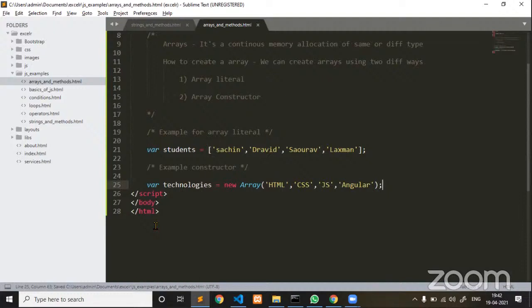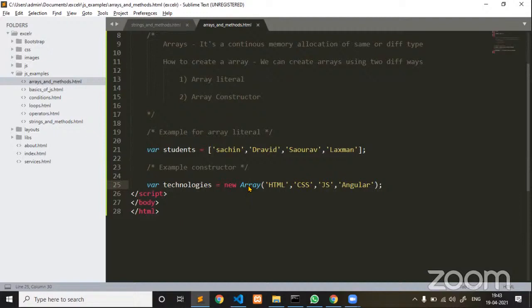We can create an array in either of these two ways, but the recommended way is literal. See, array literal, string literal, all these are very simple ways to declare. And generally, if you are using the constructor way of creating an array, it will take a lot of time to process behind the scenes. And if you are a good programmer, you should not keep writing code which takes a lot more time to execute. That's why we should always write optimized code.